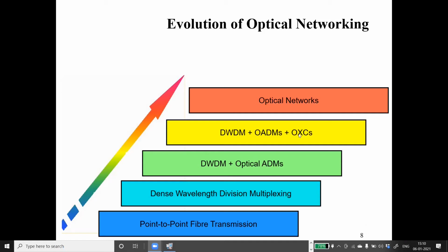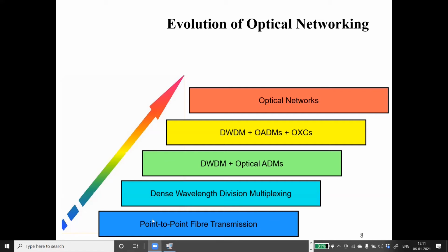Then came the cross connects. Like routers, they take a signal from one point and switch it to the next point. That is how these cross connects or frequency converters were added to your network. That further helped us to improve the network, and now that has brought us to the present optical network, where we have not only simple fiber initially.